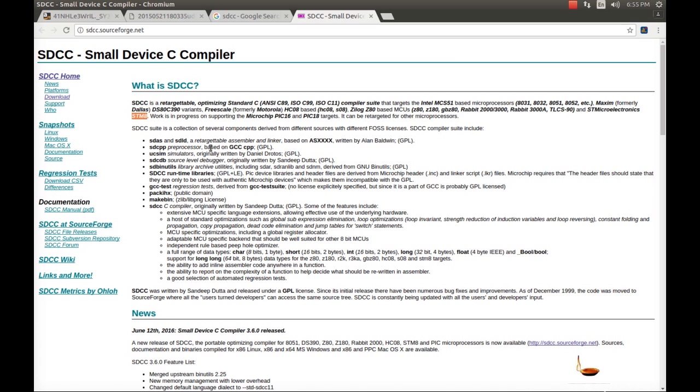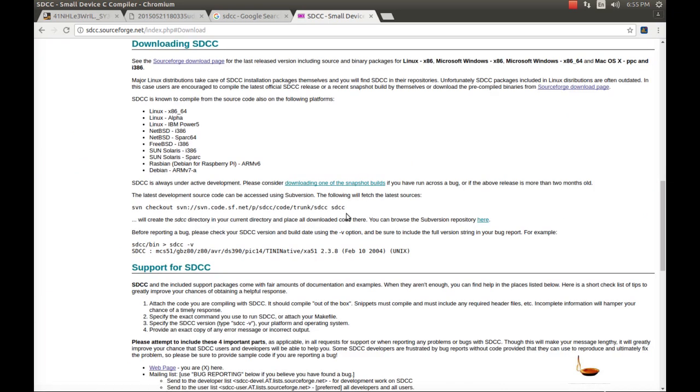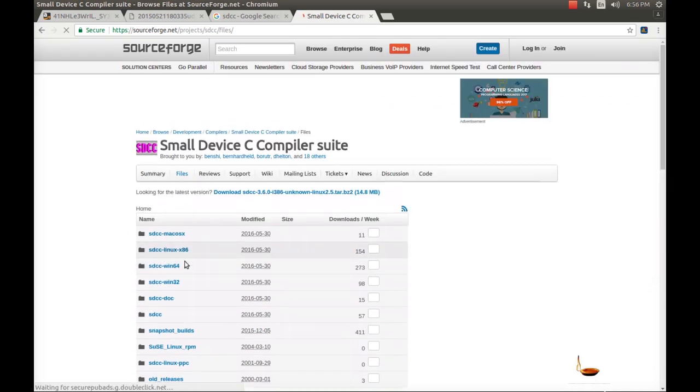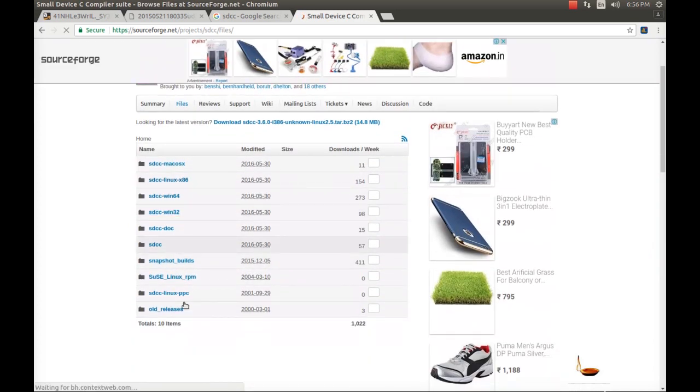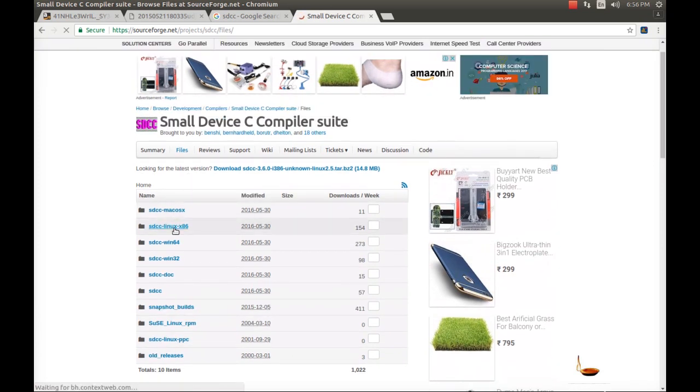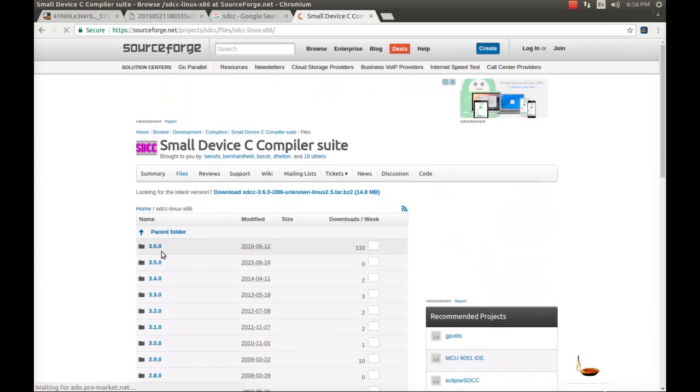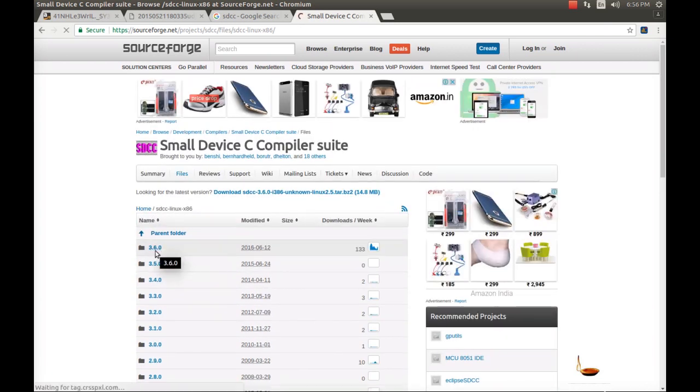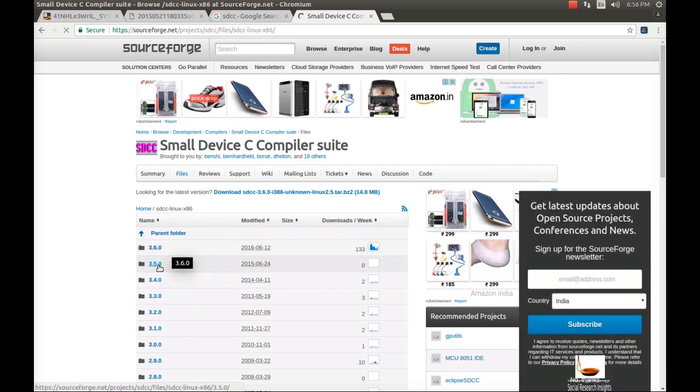So now we just have to go to a particular section called download, and that will redirect to the SourceForge main repository, where you will find the software with certain version names, and here you will find the SDCC for different platforms, and I am interested in the Linux distribution, the software which is useful for the Linux operating system. And right now we have 3.6.0, the version of SDCC is 3.6.0, the previous version is 3.5.0, but the